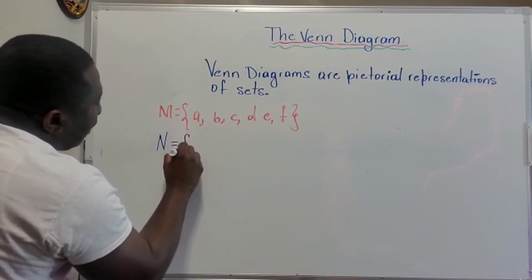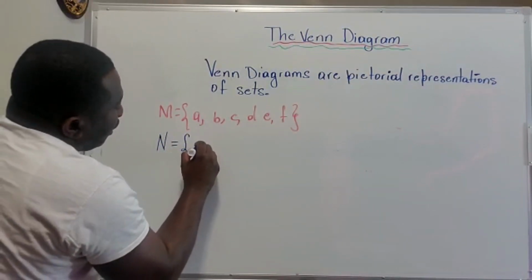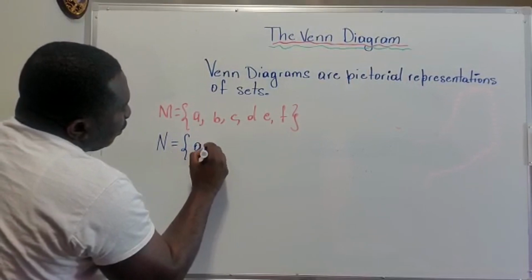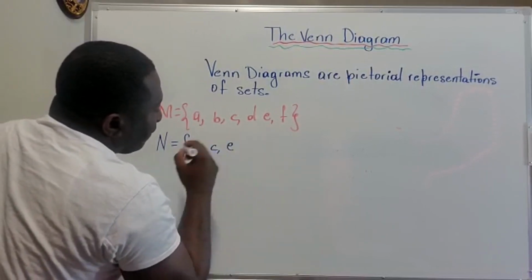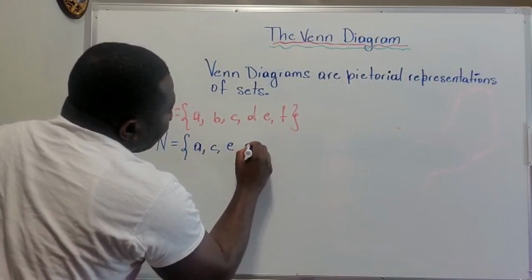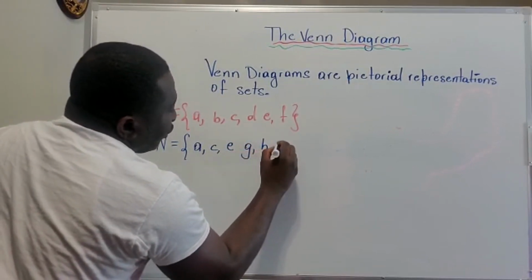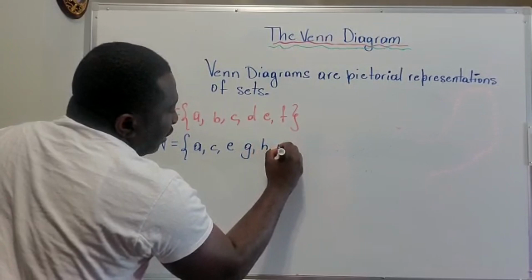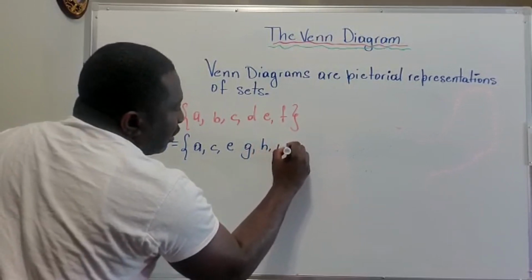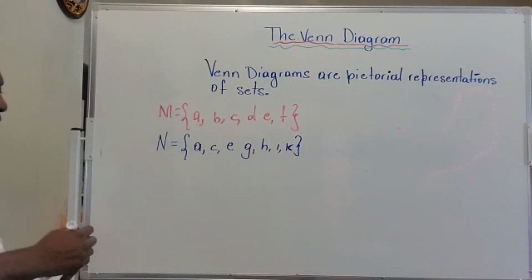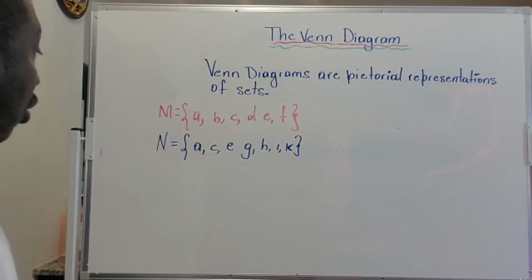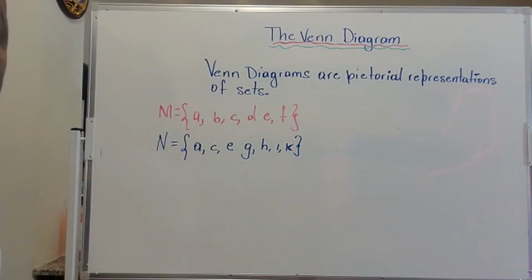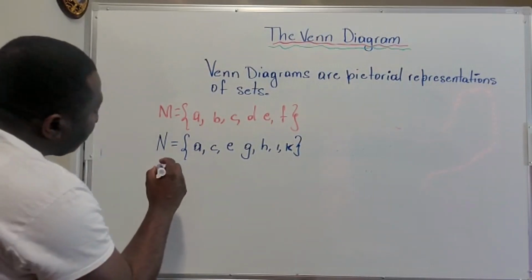And in N, the elements are A, C, E, G, H, I, and K. These are the elements. So again, guys, you can pause the video and on your own you can decide what are the intersection, what would be M